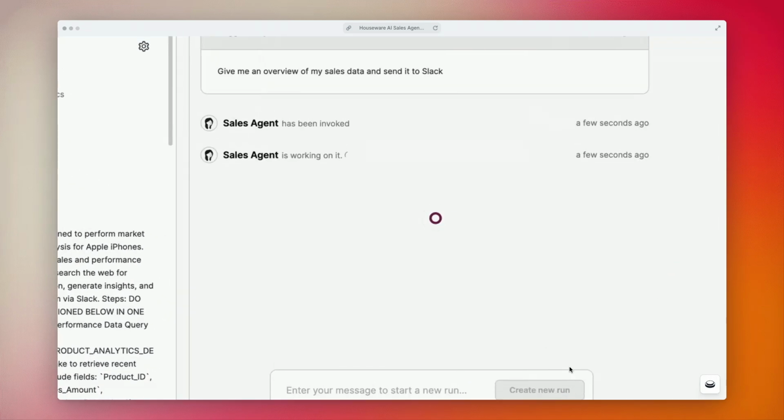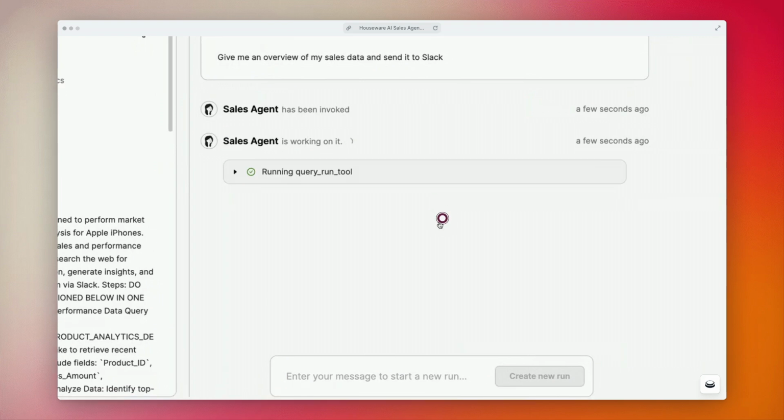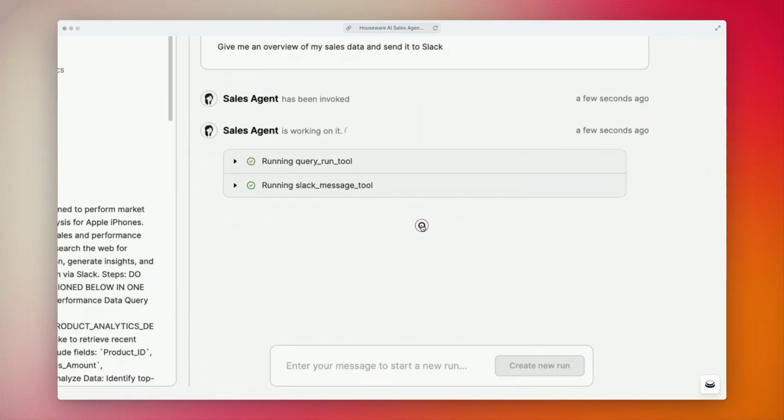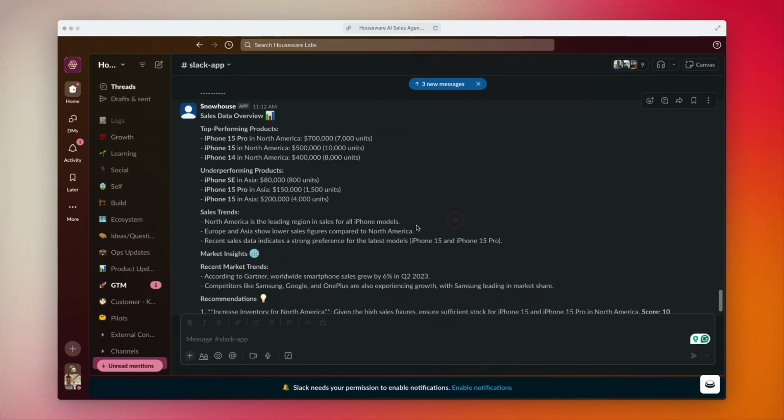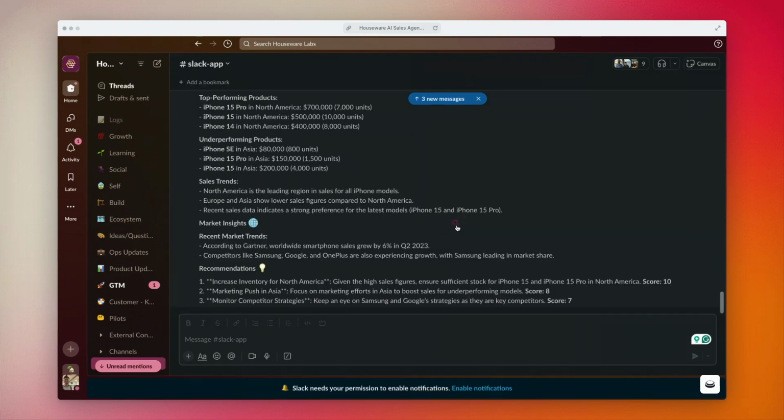And as I said in the very beginning, an agent is basically an LLM on a for loop. It has started to think about the process that we are looking to invoke, which is essentially querying the tool, querying the table that we selected on Snowflake, running the Slack message tool. And then finally, what you see in the end is a Slack message popping up into my Slack interface. And I can see all the data about iPhone sales, which are summarized in a certain way that I wanted it to do as per the base instructions.